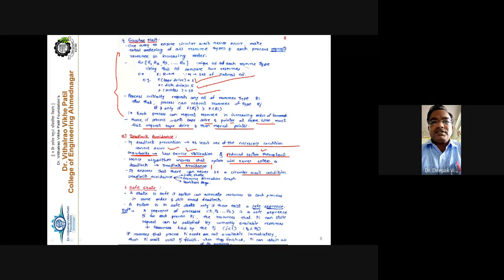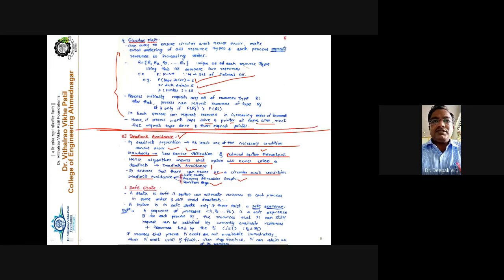So deadlock avoidance involves the safe state, the resource allocation graph, and Banker's algorithm. These are the three important concepts that we have to discuss with reference to the deadlock avoidance policy. Is this point clear or not? So deadlock prevention is over. We have seen how to prevent the deadlock by preventing at least one of the necessary conditions.